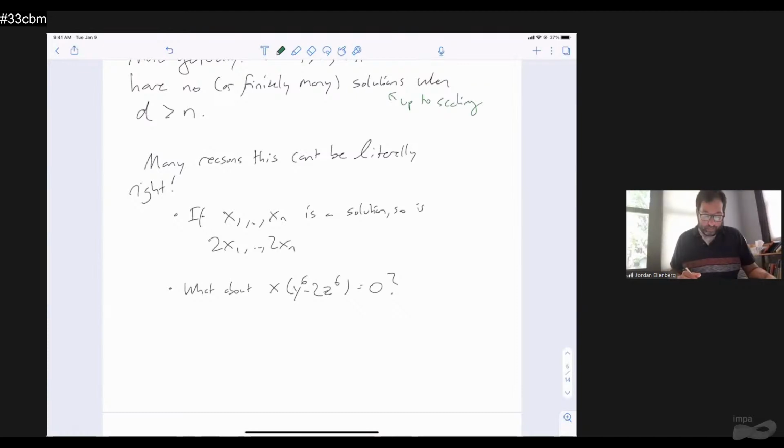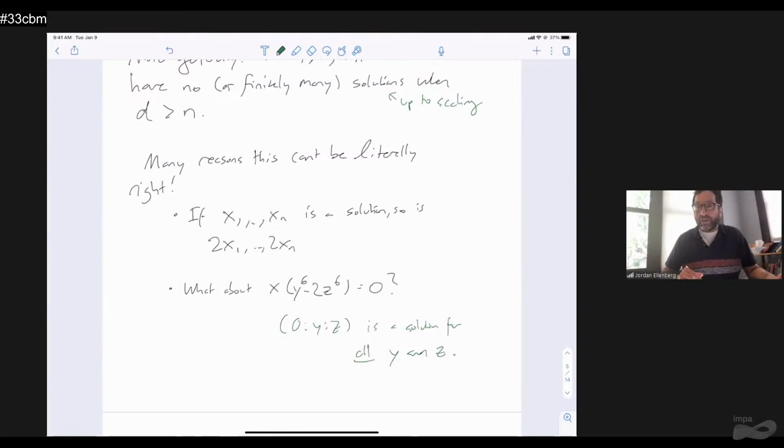But it has lots of solutions because I can let y and z be anything they want as long as x equals 0, right? So (0, y, z) is a solution for all y and z. So here my heuristic seriously goes haywire. But you can kind of on some level see what goes wrong, that this